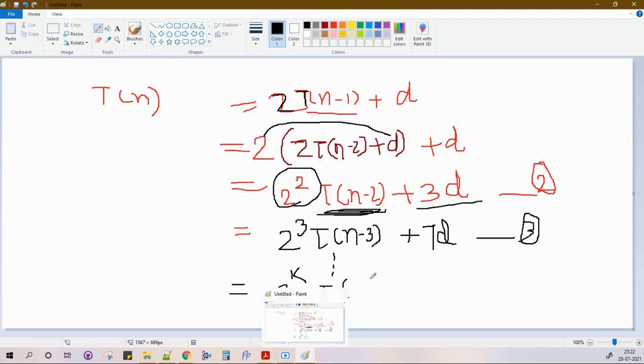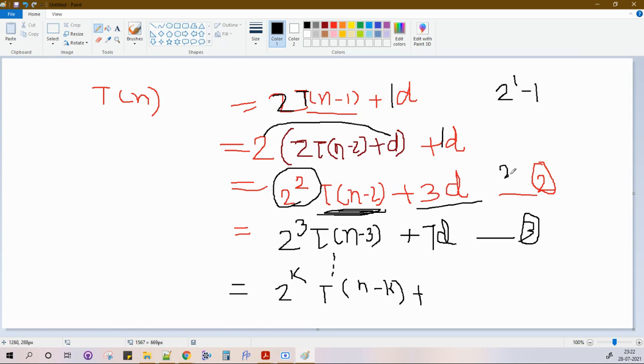Okay, so n minus k, it is clear: 1, 2, 3 up to k, so n minus k. Now what is this? 1, 3, 7. If you think intuitively, this is 1, this is 3, this is 7. So it is looking something like this: 2 to the power 1 minus 1, so it is 1. 2 square minus 1, 4 minus 1 is 3. So 7 is nothing but 2 cube minus 1. So at the kth iteration, it would be 2 to the k minus 1,